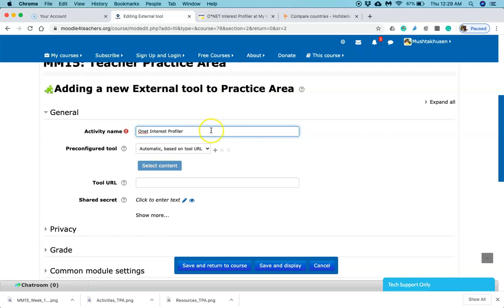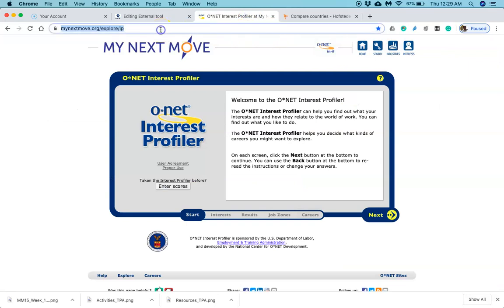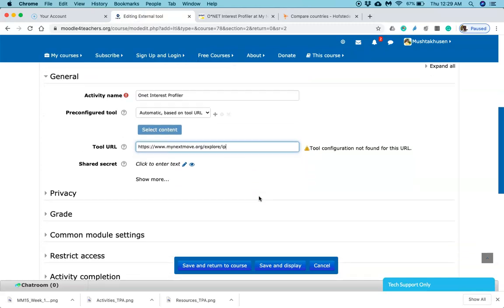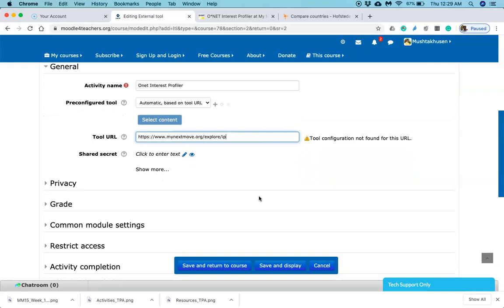I'll explain in some time. Then tool URL. Here we need to enter the URL. I have already opened this window. So you need to just click that URL, copy, then go back to Moodle, click on this URL, enter that URL, and yes, tool configuration not found for this.